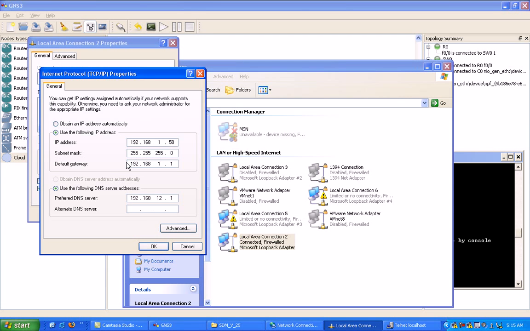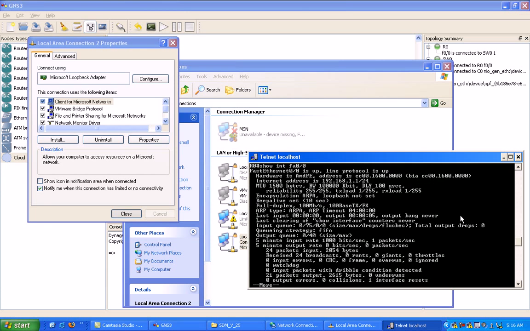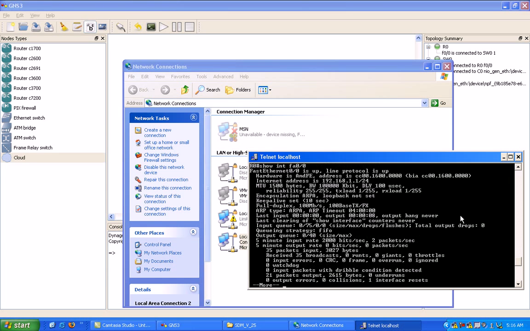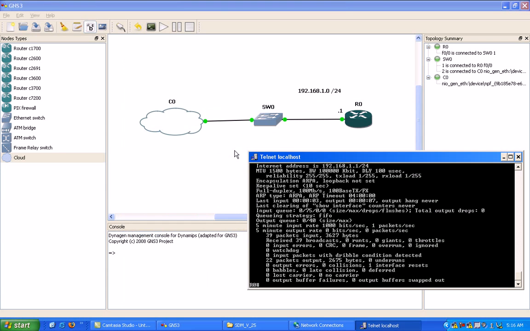We'll use our default gateway, which is 192.168.1.1. That's the router IP. DNS server we don't need. We'll just leave it as that. And go ahead and hit OK. Close. Now we should start to see some packets inbound and outbound. It's indicating we've got a connection here. And now we have successfully added